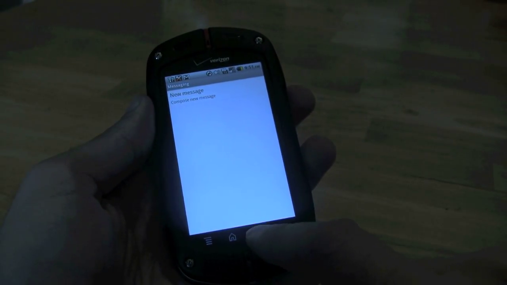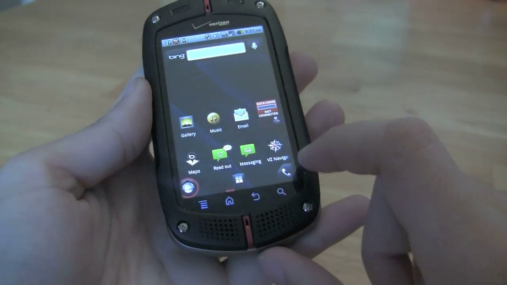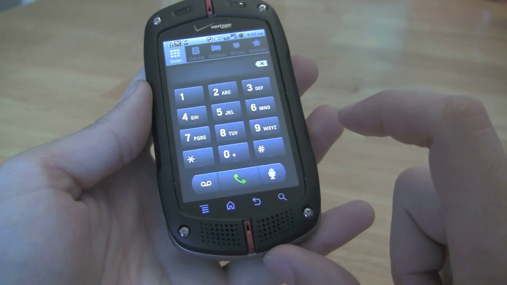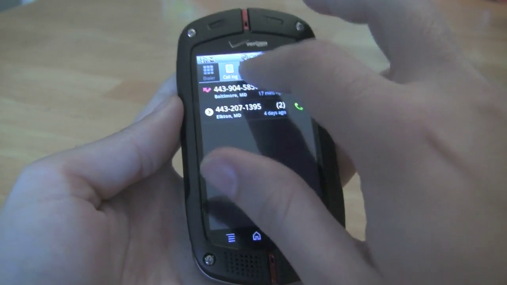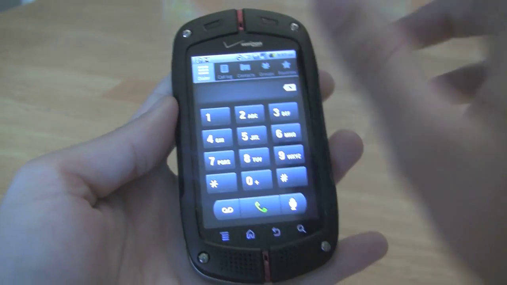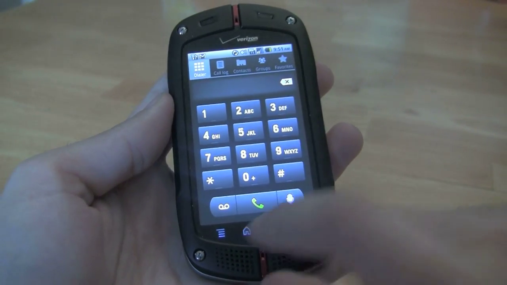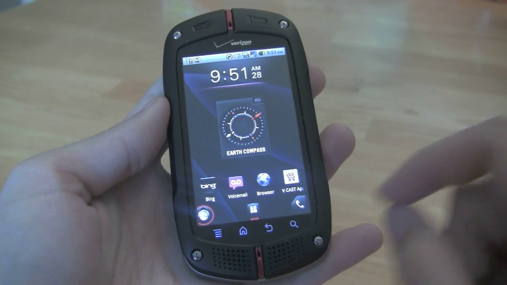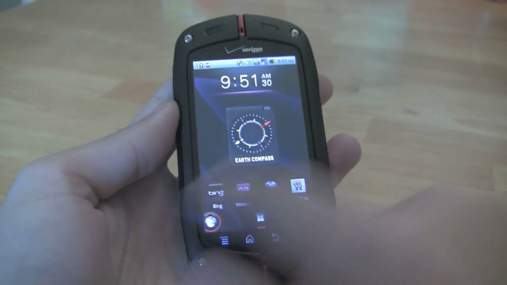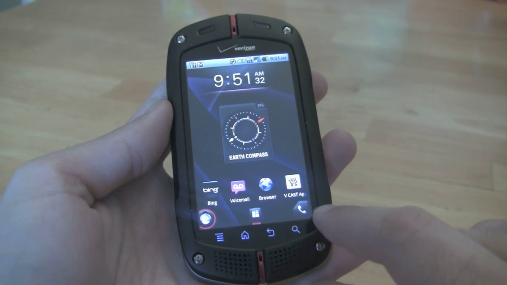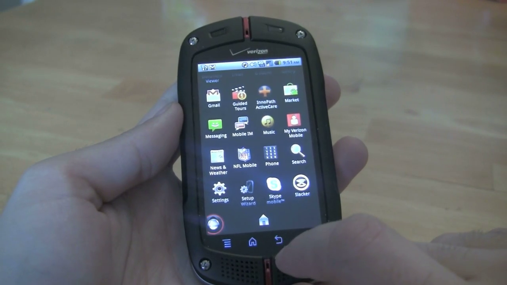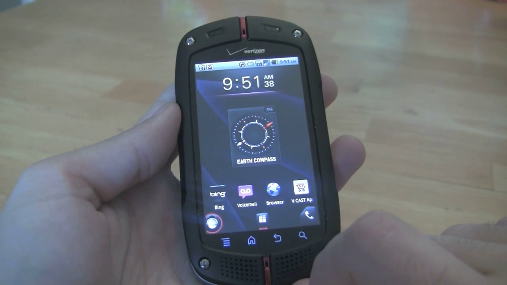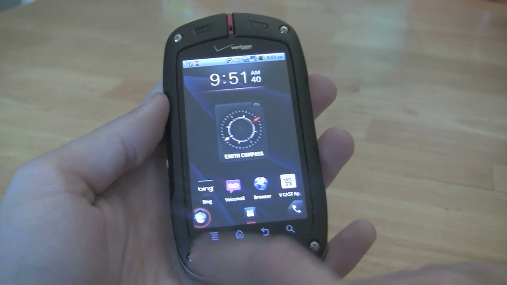It's your standard messaging application. Go into your phone dialer, slightly different look, but pretty much just your Android 2.2 interface. The main difference for the overall interface you're going to see down here, just kind of the main screen. You have your app tray, which is here, and I'll pull up your apps. You have your phone menu, and then you have this thing which is the snap out menu, and this is